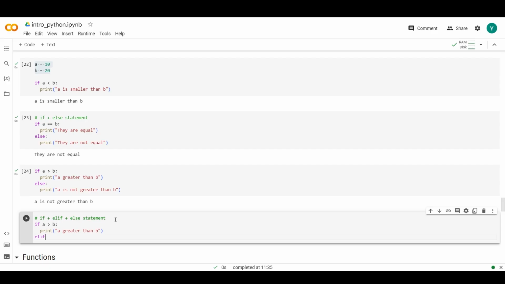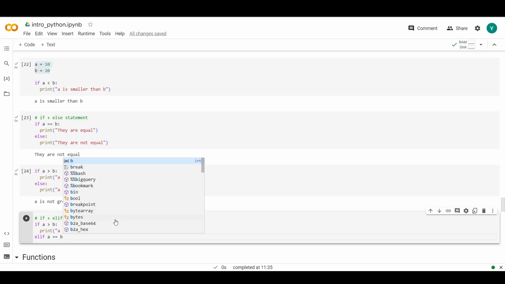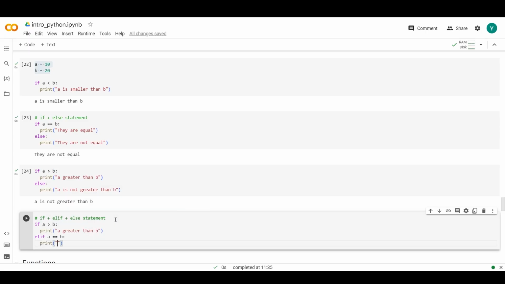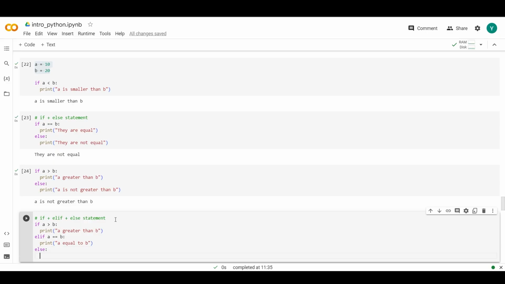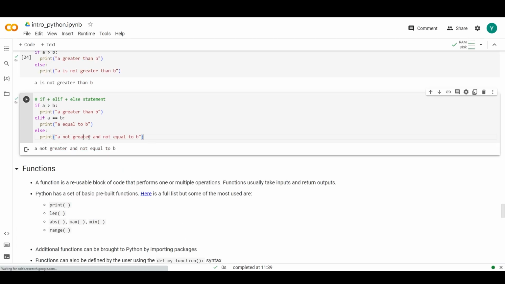But we can do elif, so else if, let's say A is equal to B, I want to print A equal to B. And then we can finally go to an else and print something like A not greater and not equal to B, right? So we'll only get to this else portion of the code if this first condition is not fulfilled and if this second condition is not fulfilled. So when we run this, we'll see that we end up in this last condition since A is actually smaller